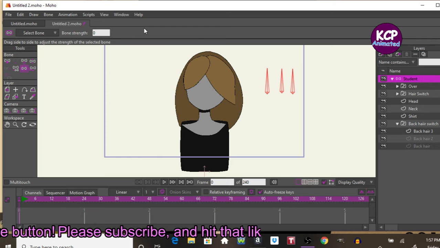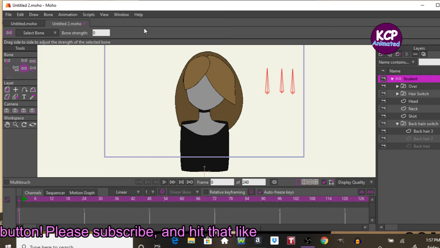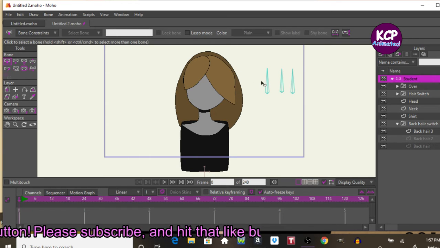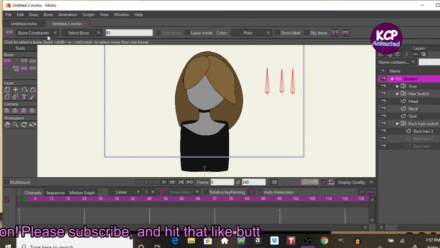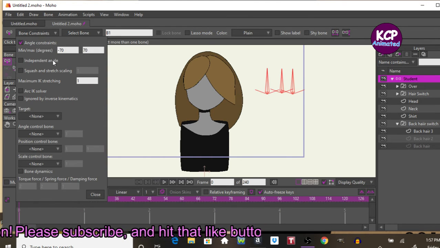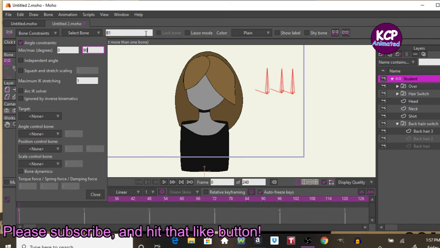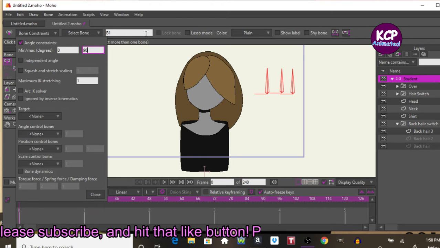We don't want anything influencing these layers. Let's select the bones, all of them at the same time. Come over here to bone constraints, angle constraints. Set this to 90 and to 0,